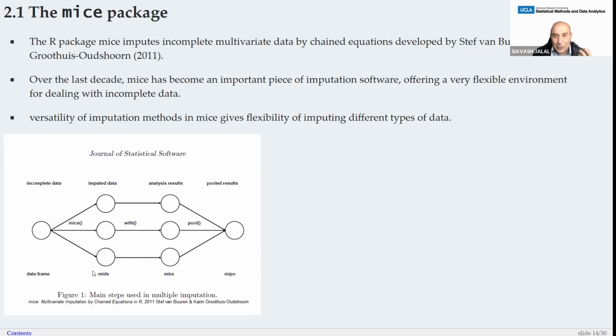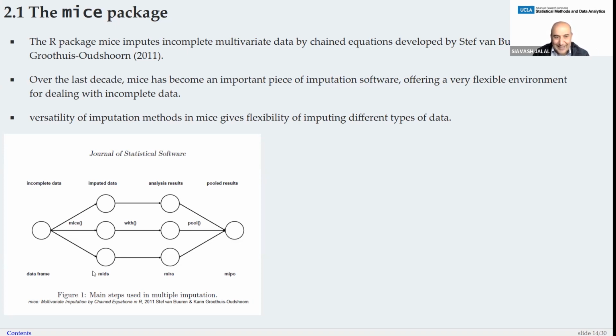It is object-oriented because every time you run a function, it looks at that object and understands how to apply that function to it. So if you include a data frame, mice understands this is a data frame. It needs that data frame as input, and it gives as a result an object of class mids,